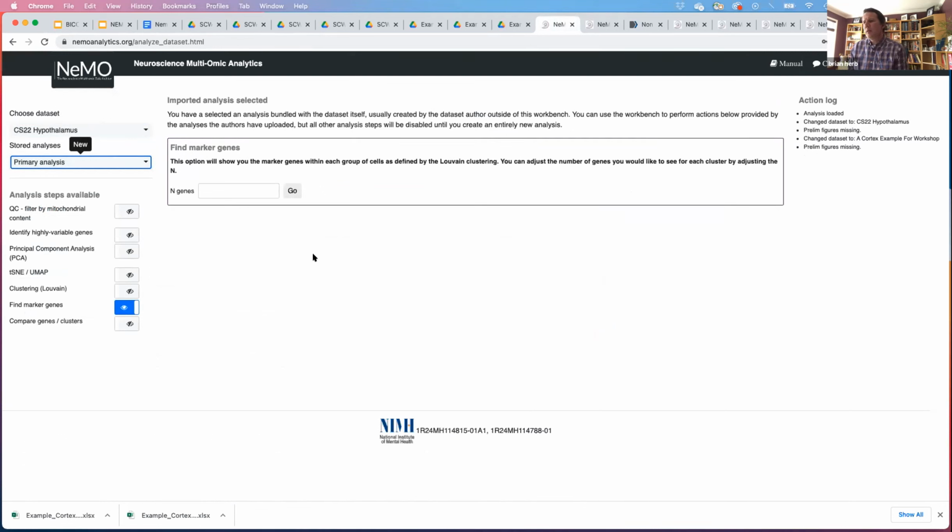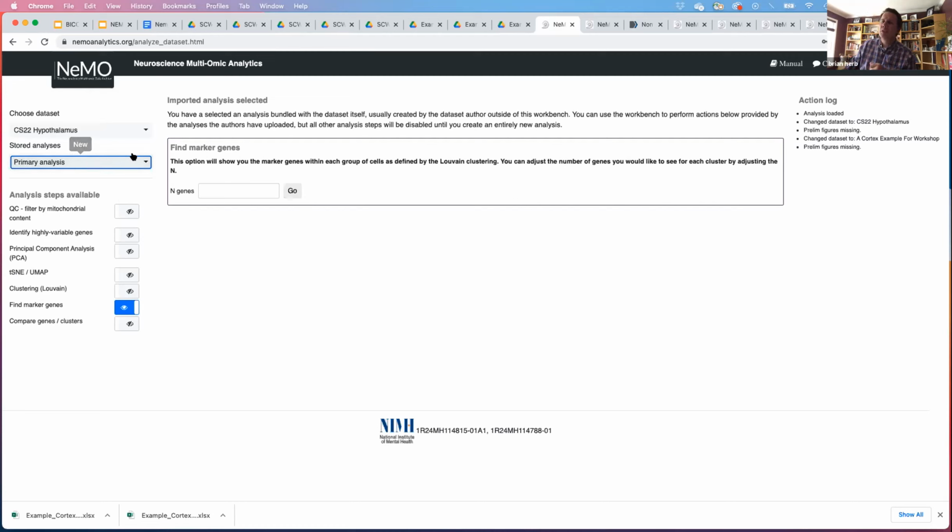So if you've done all those various steps, so for a new data set, you would go through that, select the mitochondrial, find the variable genes, do the PC and UMAP. Again, the clustering, you can actually have control over what resolution of clustering. And so once you feel like that's a proper resolution, then you can move on to finding marker genes.